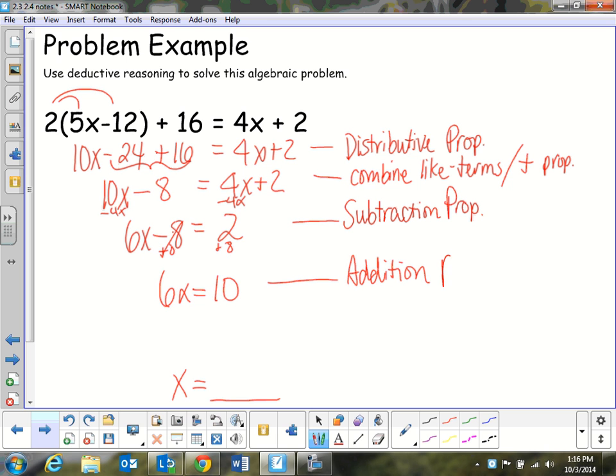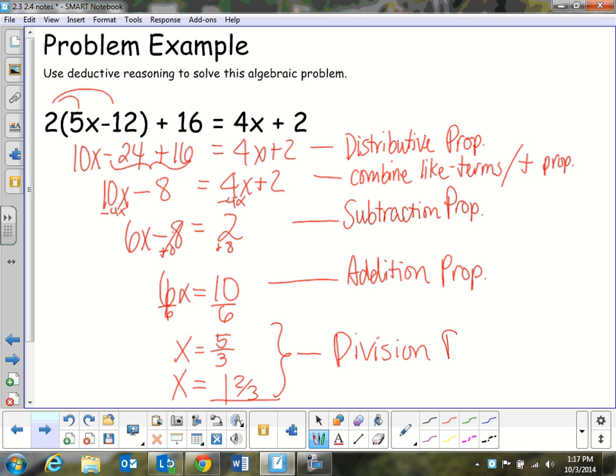You see how I have a reason for every step along the way? And the last step to summarize is dividing by 6. And so x is equal to 10 over 6, reduced 5 over 3, right? Another way you could write that is 1 and 2/3. Either one of those answers is correct. But either way, the reason for our final answer is what did we do last? Addition property. So I have proof on why x is 1 and 2/3. These are all my reasons right here on the right of why